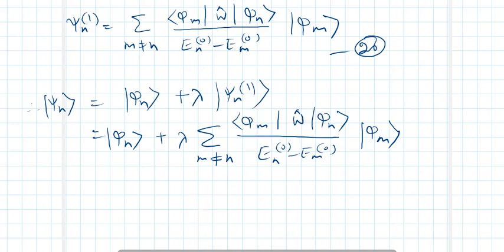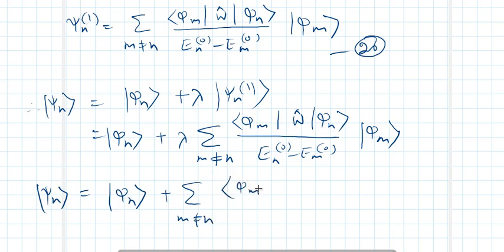So this psi n can be written as phi n plus summation m is not equal to n, phi m, hp, because lambda w will become hp, right? This when multiplied with it,